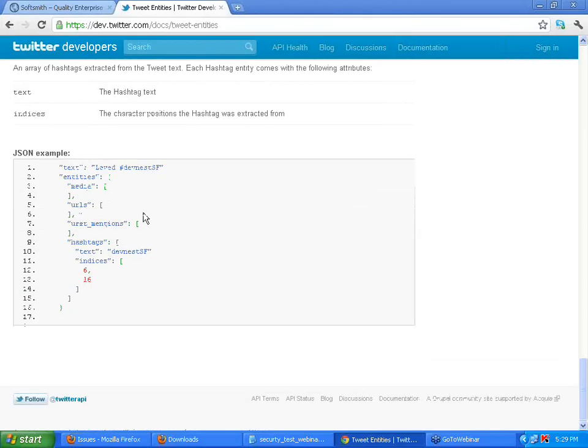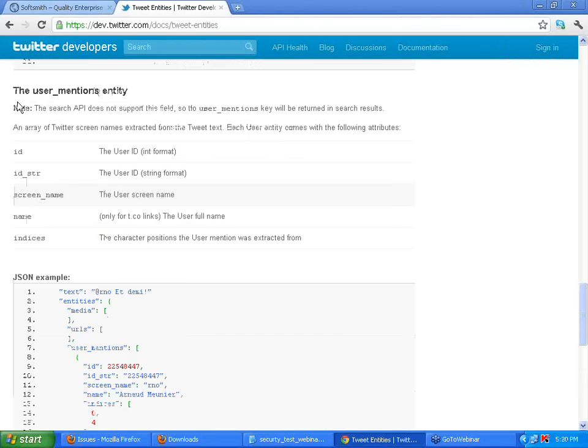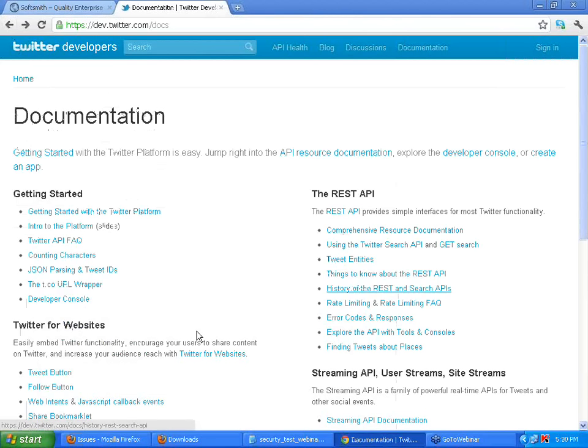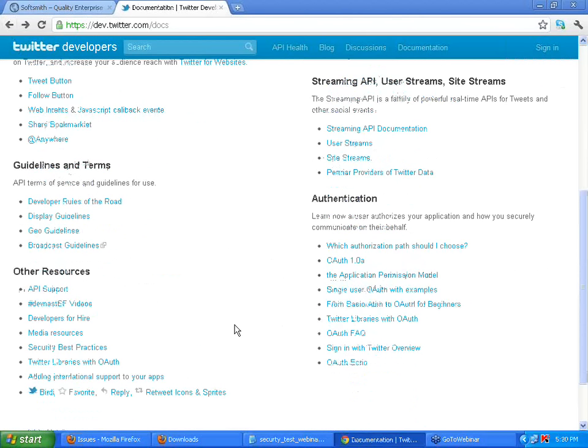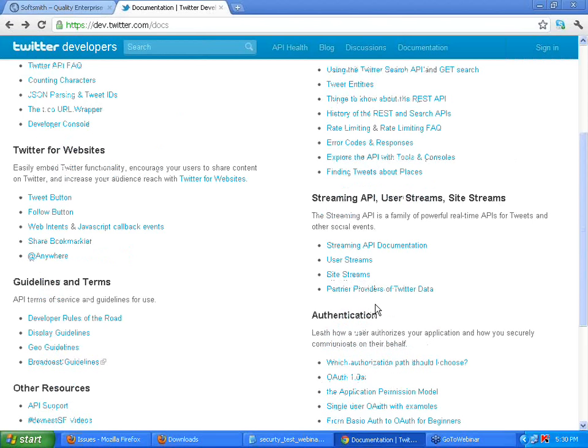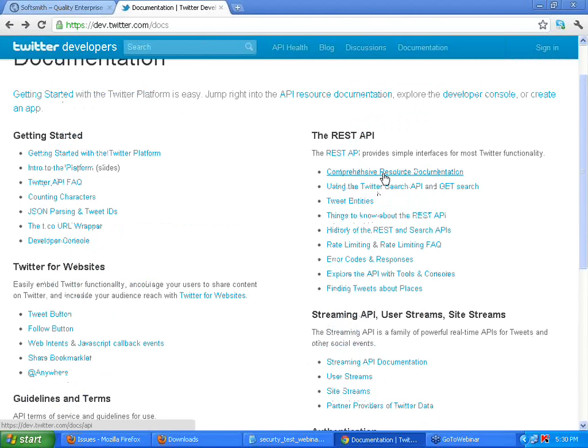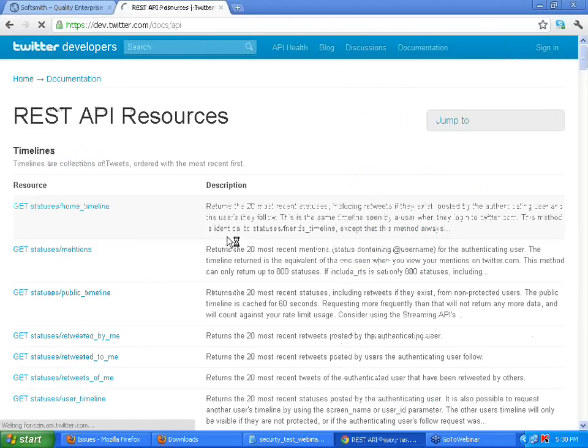So Twitter is giving some documentation on how you have to call the API and what data you will get. Let me get a proper single API, right? Okay, hold on a second. Okay, get statuses: statuses tweeted by me, retweeted by me.